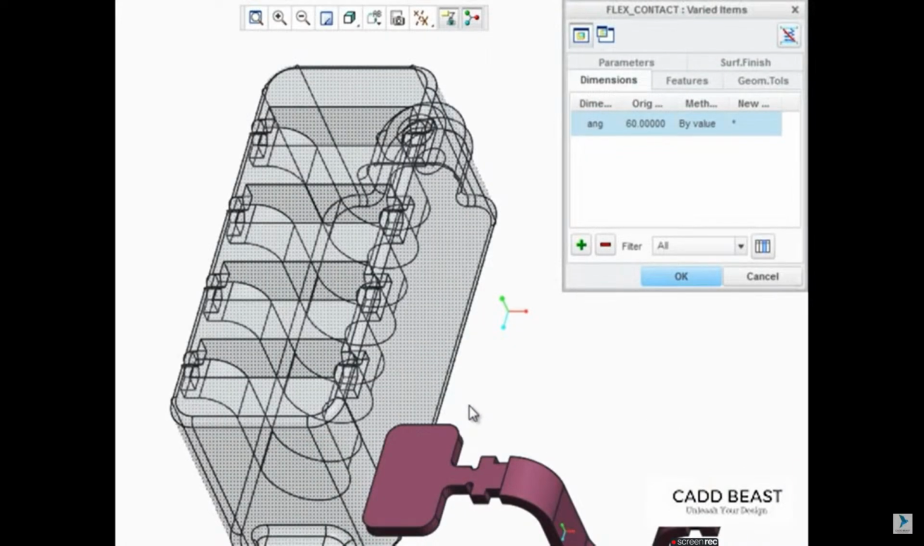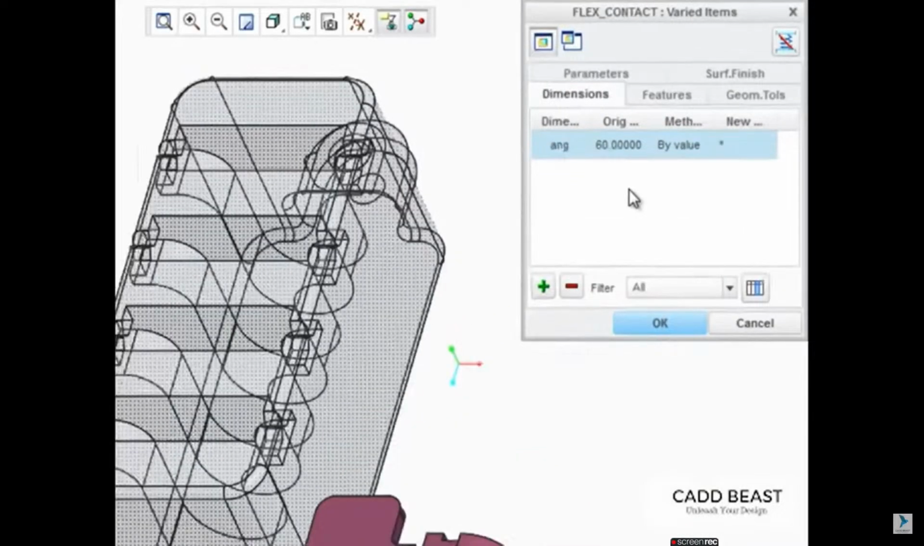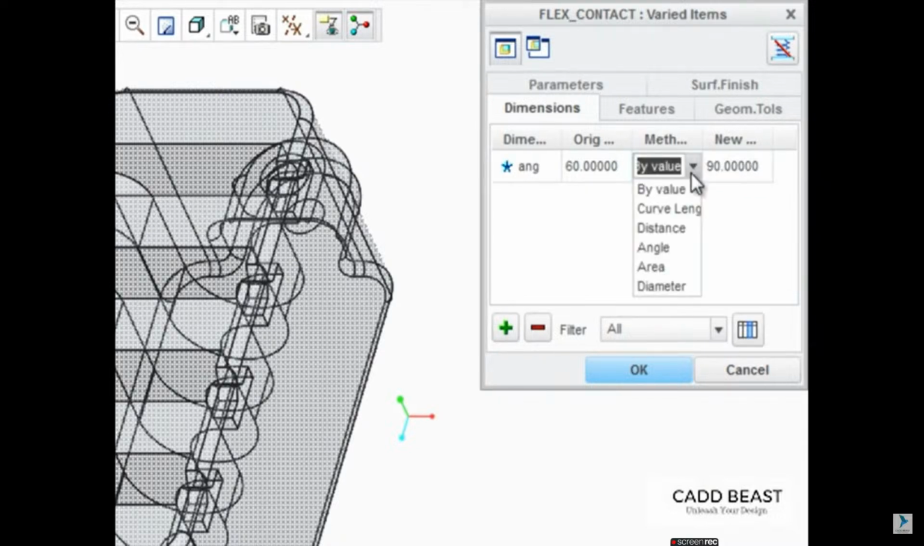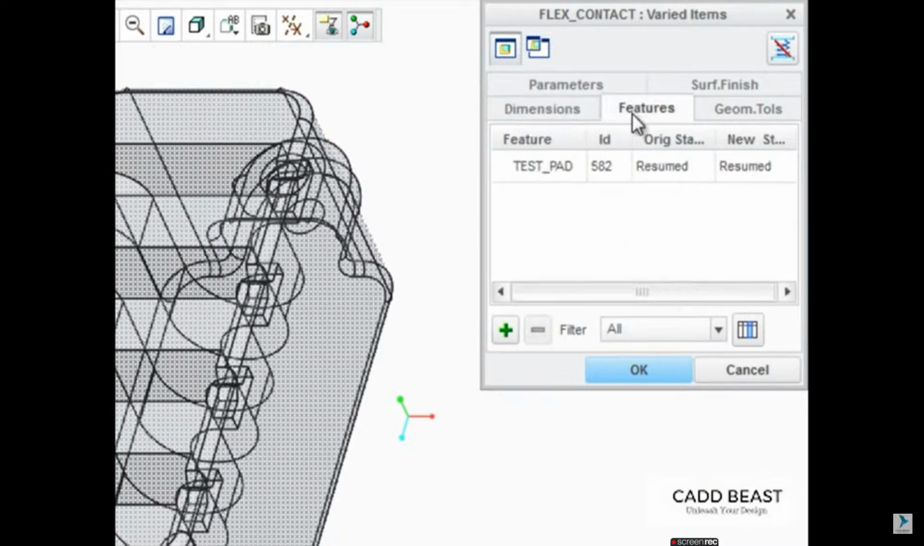The flexible definition of this contact has an angle dimension that's flexible. In the free state of the part, the angle dimension is 60, but perhaps you'd like that dimension changed to 90 when it's placed in the assembly. Notice that besides entering values, you could also set the dimension values such as curve length, distance, angle, area, or diameter. You'll see that a group of features named Test Pad has been added to the flexible definition of the